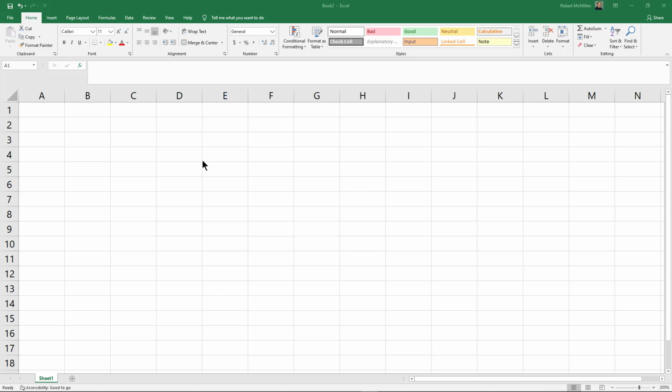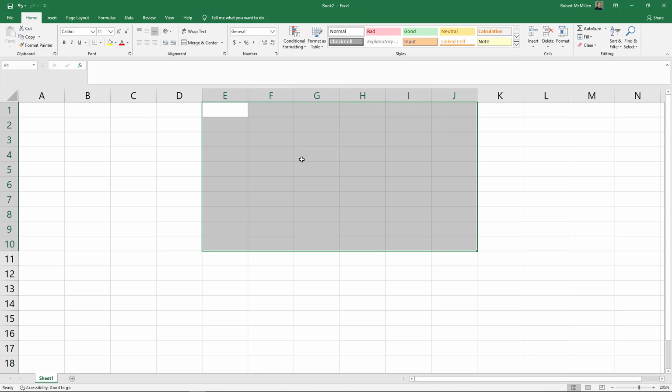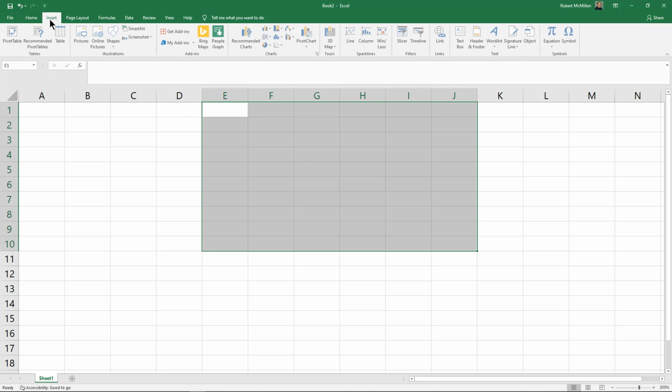In Microsoft Excel, we have the option to add in a table, just like we can in Microsoft Word. But in Microsoft Excel, we have a lot more options. It's very much more usable. So what we need to do is select the area of the workbook where we're going to add in our table. I'm just going to select these cells right here, and I'm going to choose Insert and